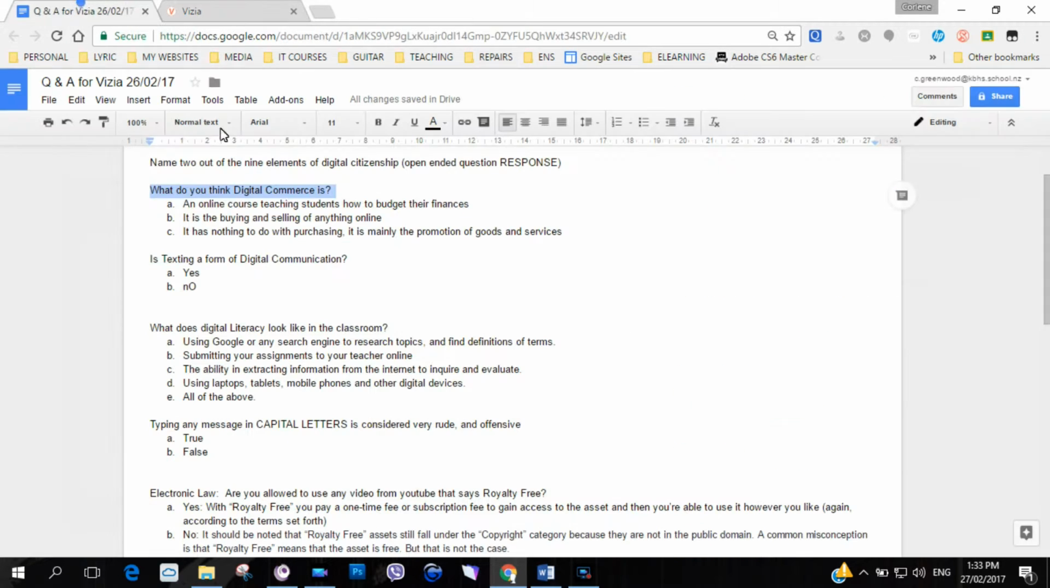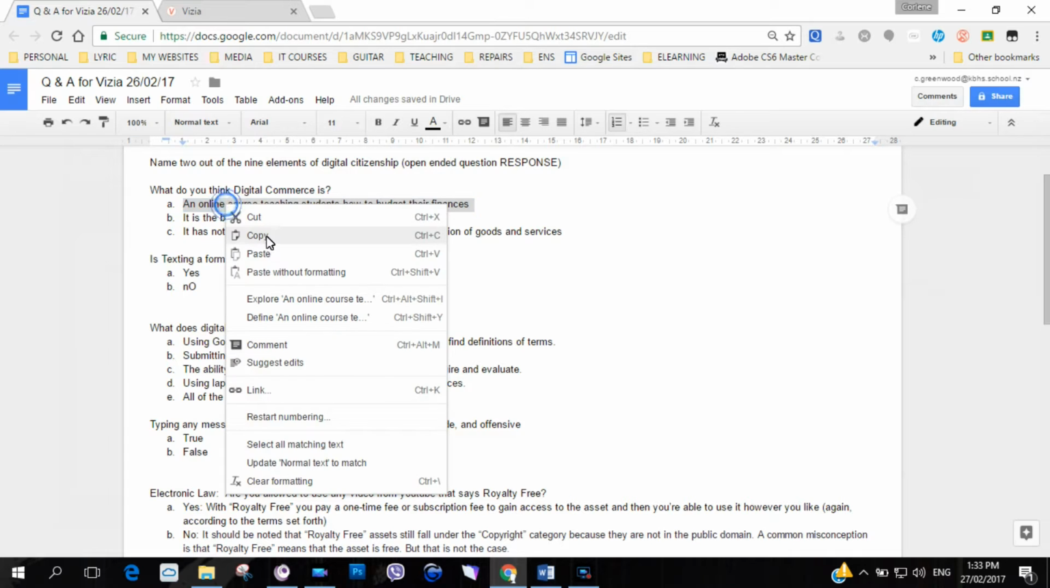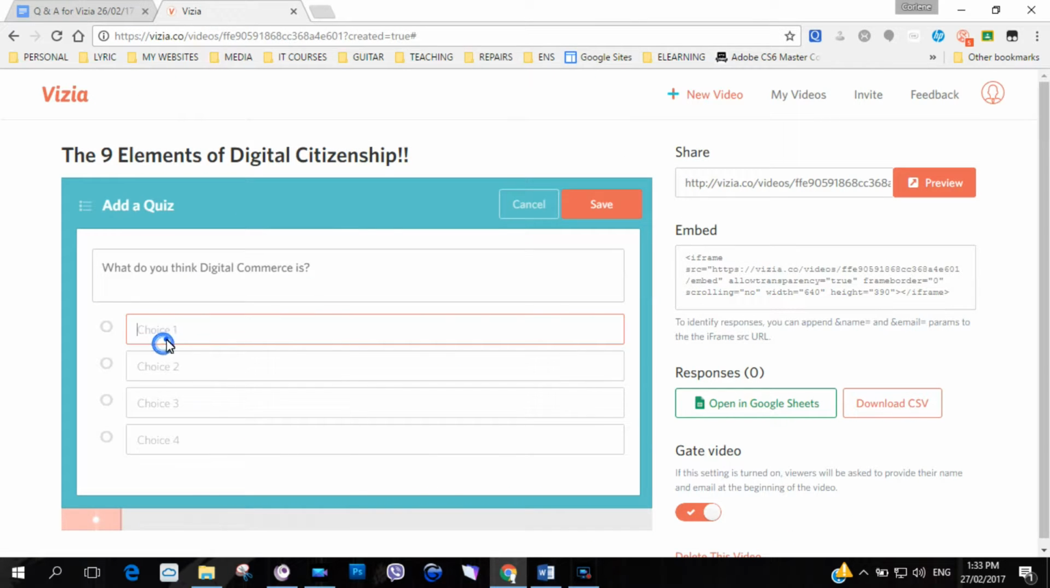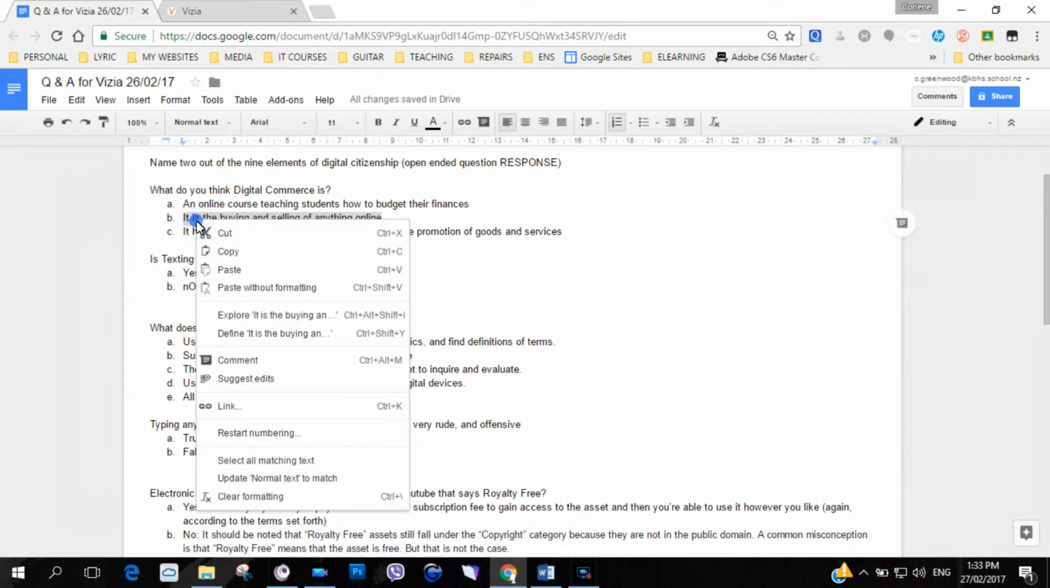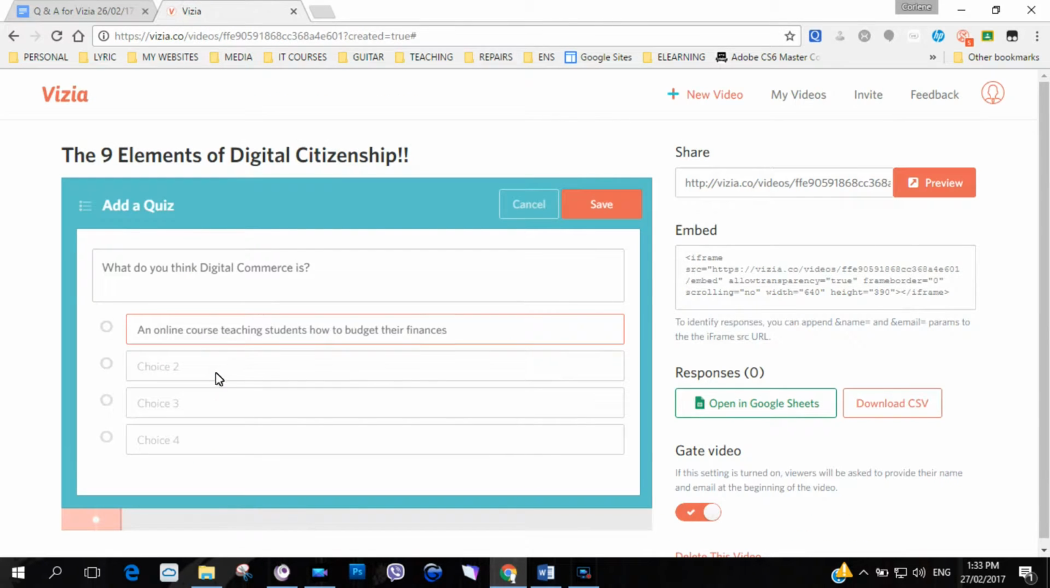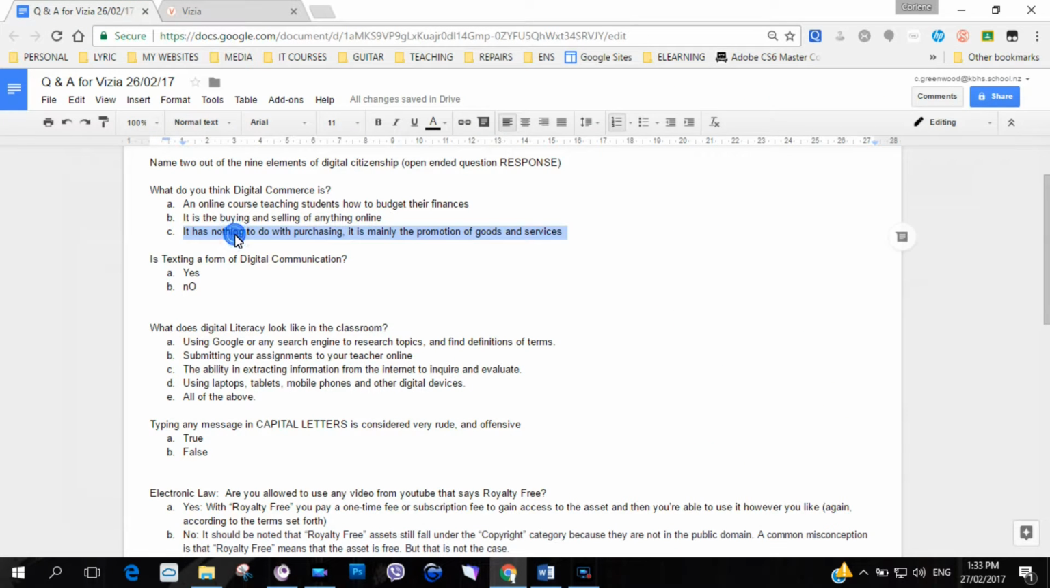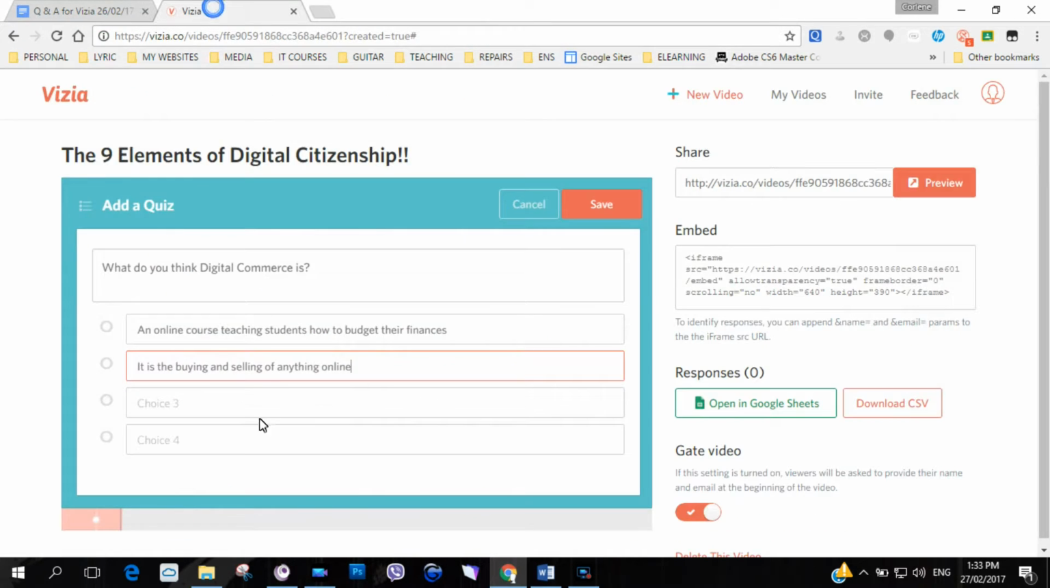Boom, there. Copy in the answers there. Copy there. Copy there. Now I know that the correct answer is this middle one, so I select the middle radial button